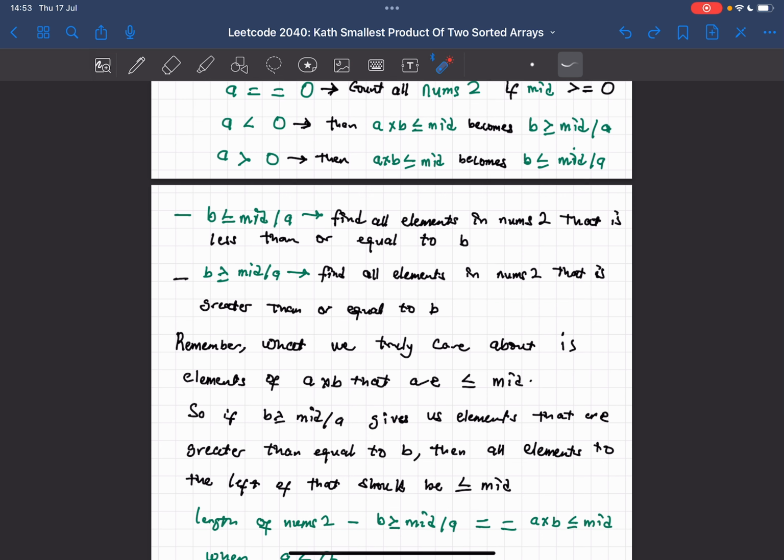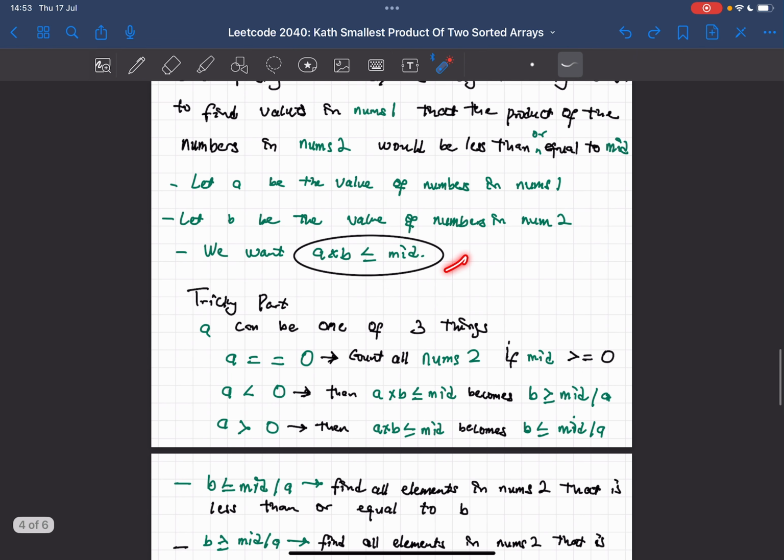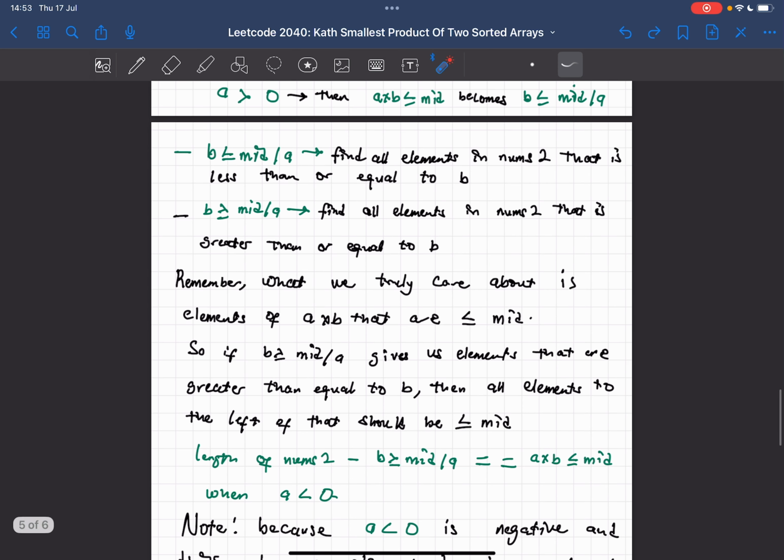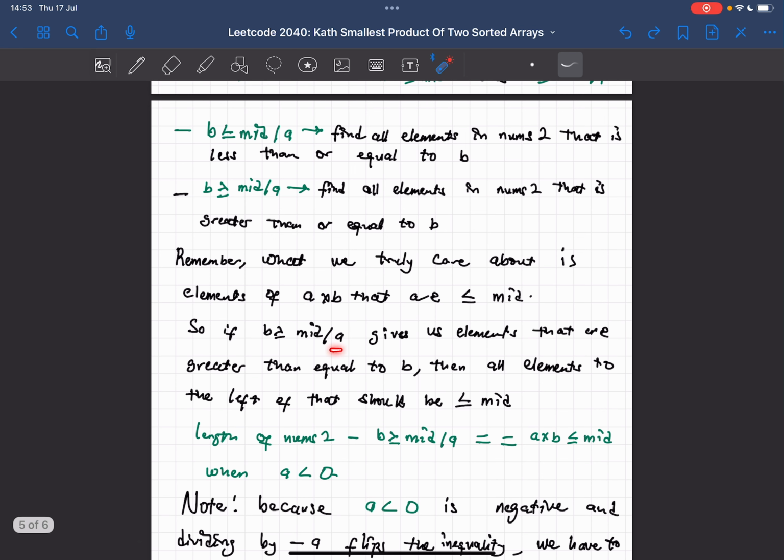Now, remember that this is just us looking for b. We're finding b here. But what we really care about is this. We want to count how many products of a times b are less than or equal to mid, which will then tell us the possible values that are the kth smallest element, right? But remember that that is what we really care about. And if that is what we care about, it means that b greater than or equal to mid. If we are looking for all elements in nums2 that are greater than or equal to b, it means that